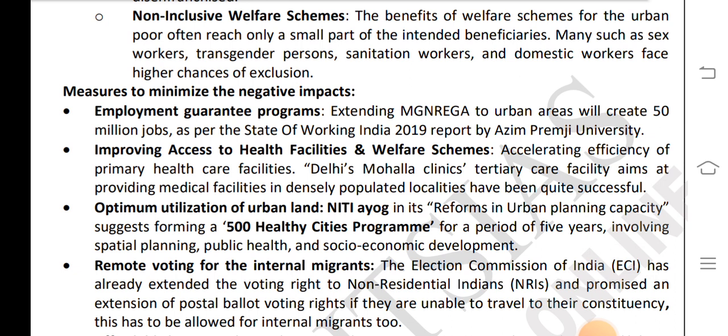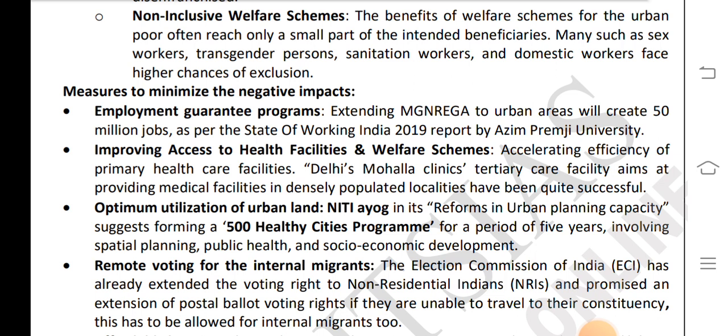Measures to minimize the negative impact. Employment guarantee programs: extending MGNREGA to urban areas will create 50 million jobs, as per the State of Working India 2019 report by Azim Premji University. Improving access to health facilities and welfare schemes,